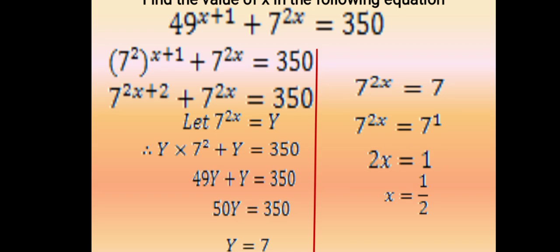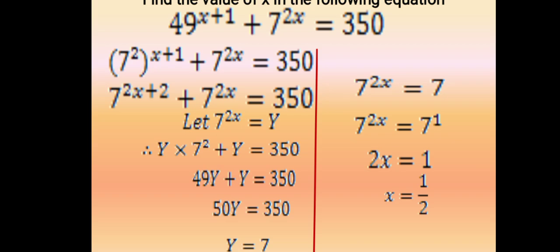Now 7 squared is 49, so we shall multiply that 49 by y, we get 49y, and remember we have another y here, so that ultimately we have 50y is equal to 350. Now we have our value of y is 7. Remember y is 7 raised to the power of 2x. Now if we equate 7 raised to the power of 2x is equal to 7,